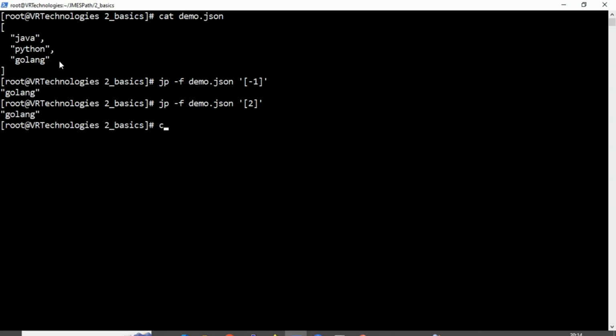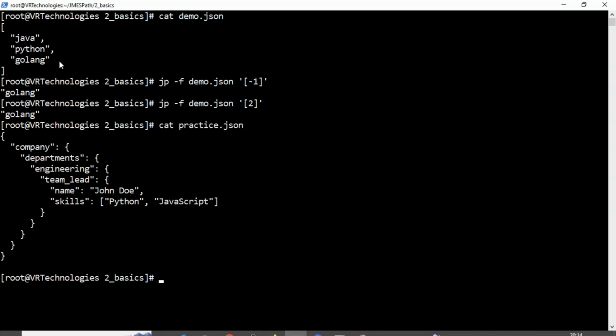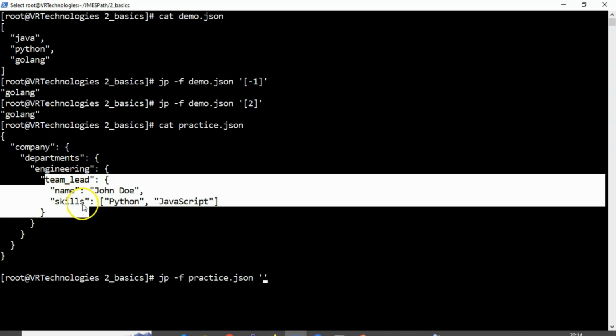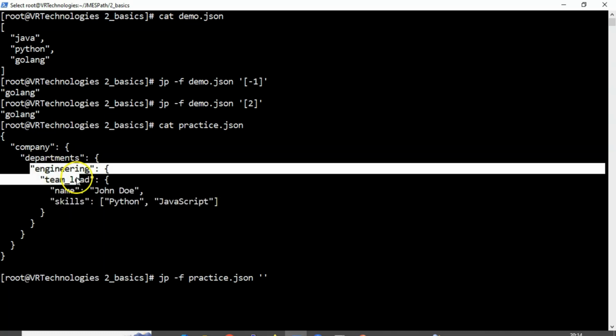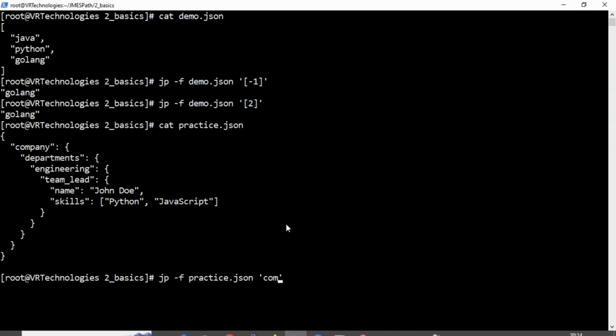That's it. Now suppose I have this JSON data and I want to display this value. How can we get it? First of all, practice. See, this value is inside this array. To get this array, we need to take this key. But this key is inside this object, and that is inside this one. So recursively we need to apply. Initially let me take